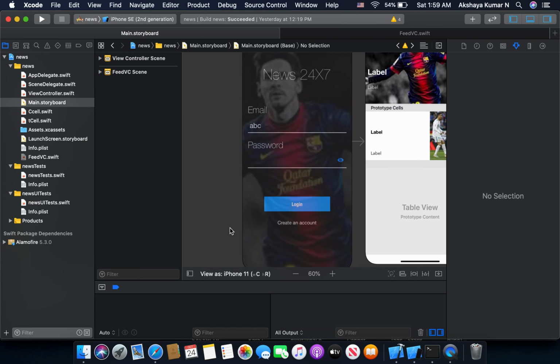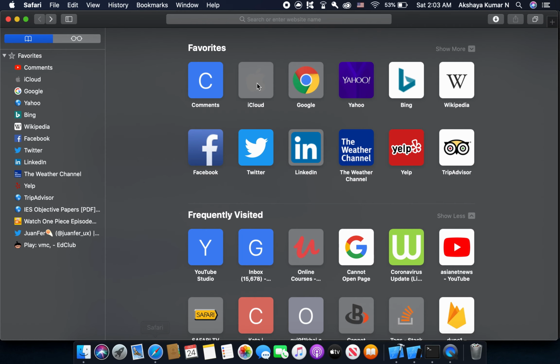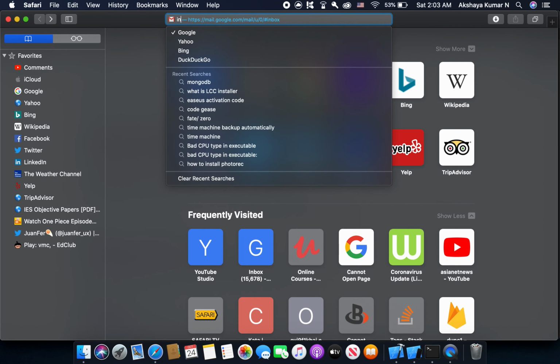In this video, we're going to create a server, a MongoDB database, and with the help of an API and Alamofire, we're going to display the data in our collection view and table view. So let's begin. Okay, now let's go to Safari and let's type install MongoDB,